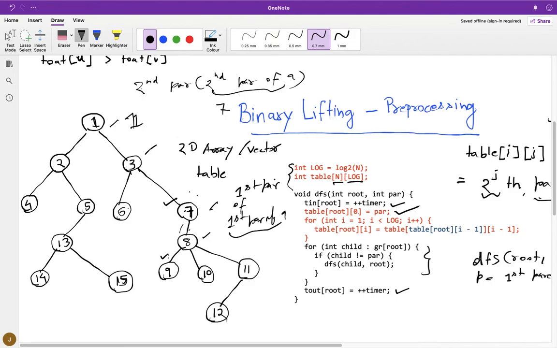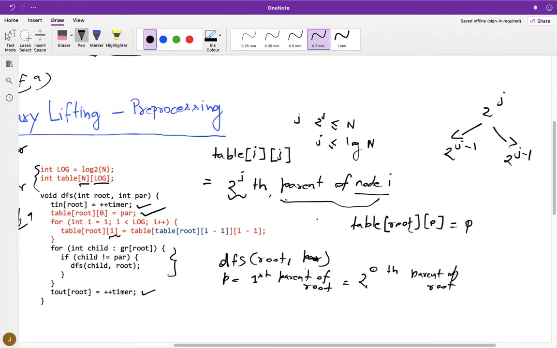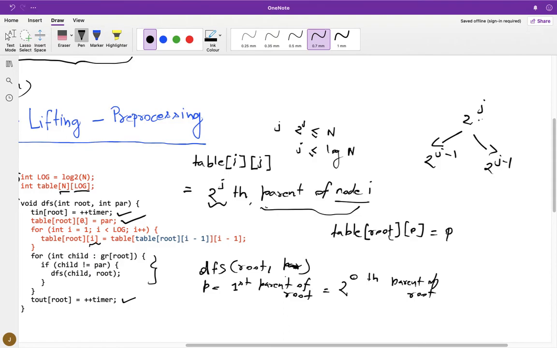So to build the table next, we are going to iterate such that the 2 power ith parent must be the 2 power i minus 1th parent of its 2 power i minus 1th parent. That's what I meant when I said that 2 power j can be divided into 2 power j minus 1 and 2 power j minus 1.